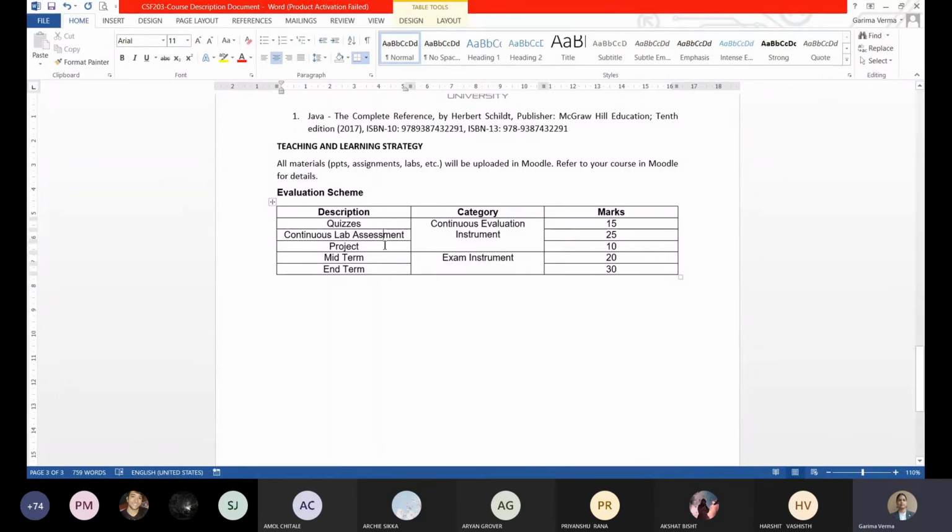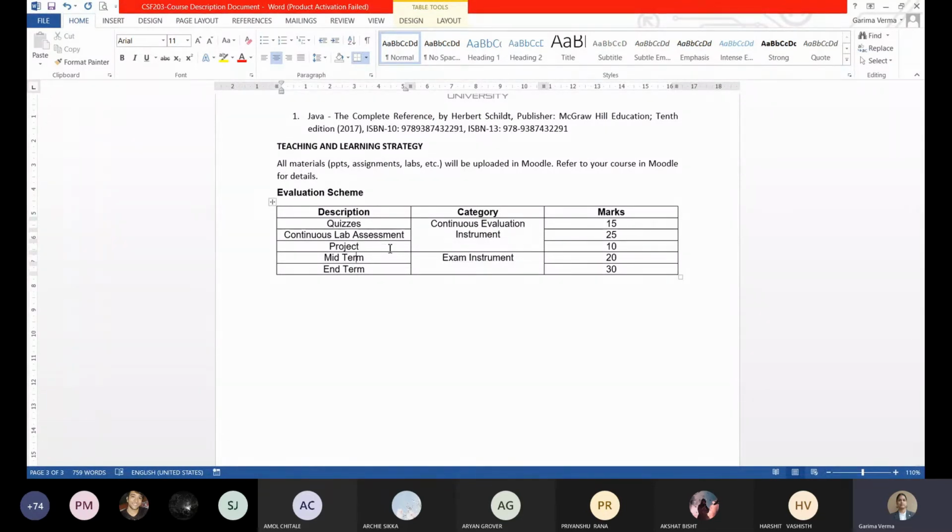Then you will have a small project after unit 3. So whatever you will learn till unit 3, I'm going to give you a small project that is of 10 marks and you have to complete that project within 10 or 15 days. That I'll let you know. It is also mentioned in your date schedule also. You can see the date when you are going to get the project. तो उसके आसपास ही आपको प्रोजेक्ट मिलेगा. And this is the individual project. So you cannot team up.